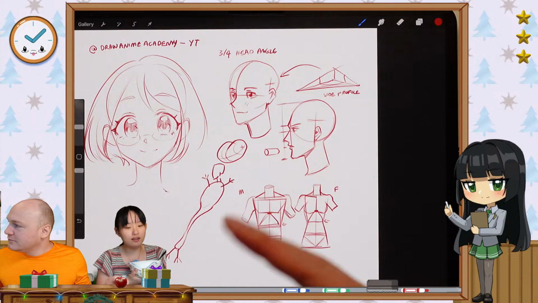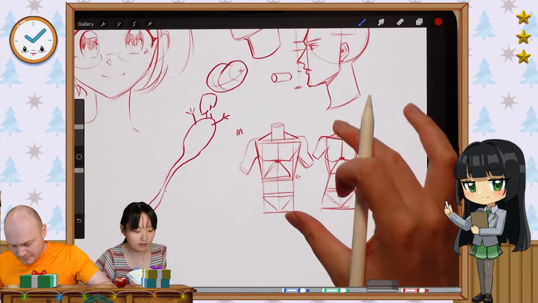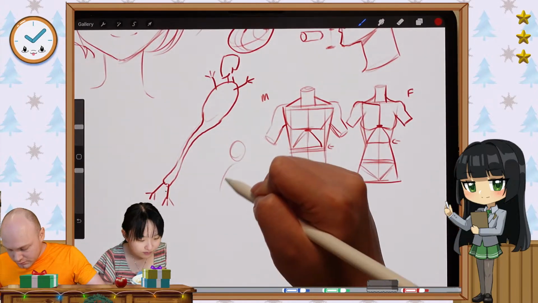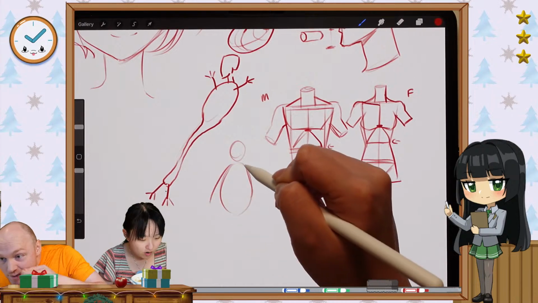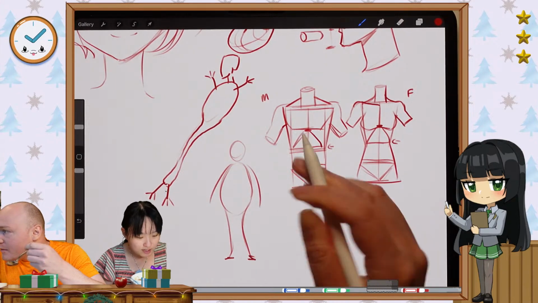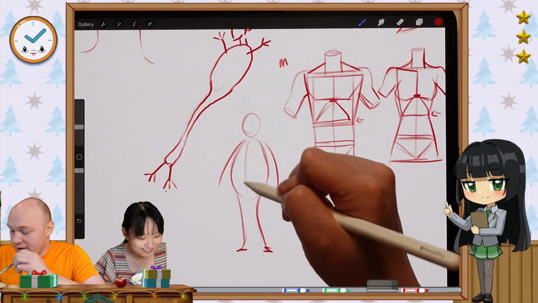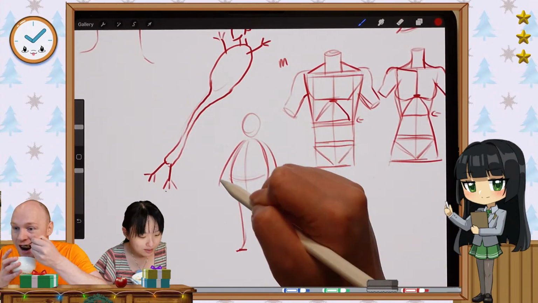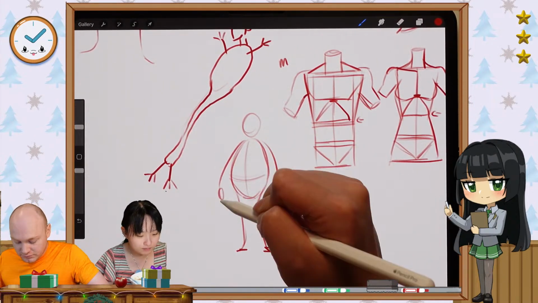So does that mean that the upper body's like this? Like an egg shape? And then the arms are spindly, and then maybe the legs are also thin? Is that what you're getting at? I got no idea. But I mean, that's a fun looking body shape. Egg body shape.